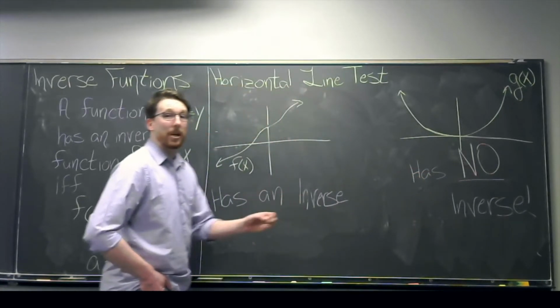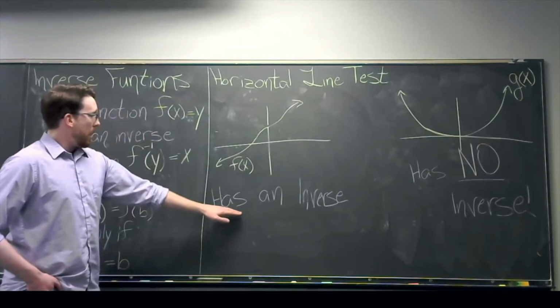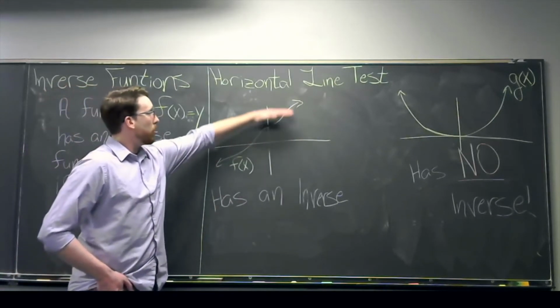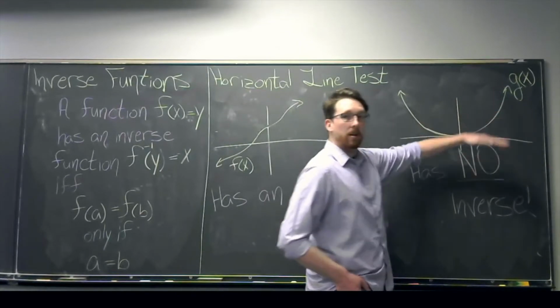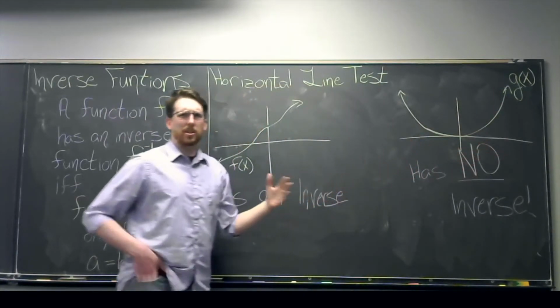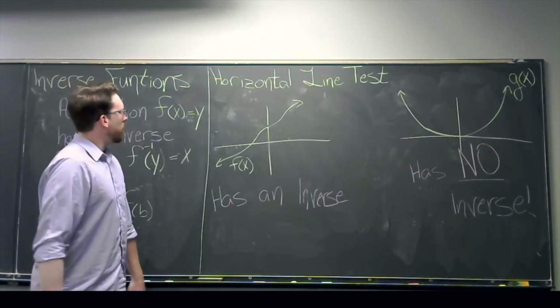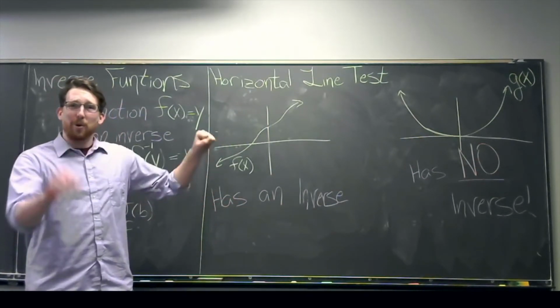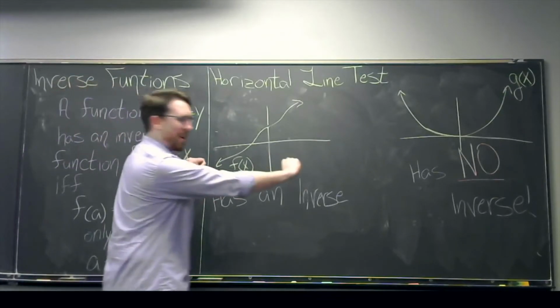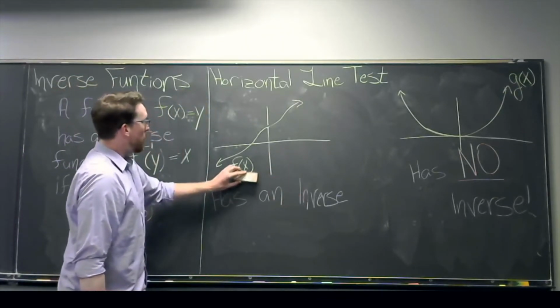And we can do that because f of x passes the horizontal line test, g of x does not. So what's the horizontal line test? It's the exact same idea as the vertical line test, except horizontal. So we take a horizontal line, we move it up and down,